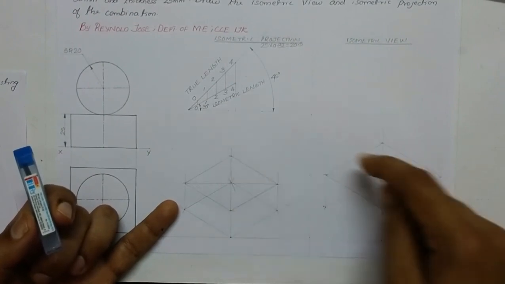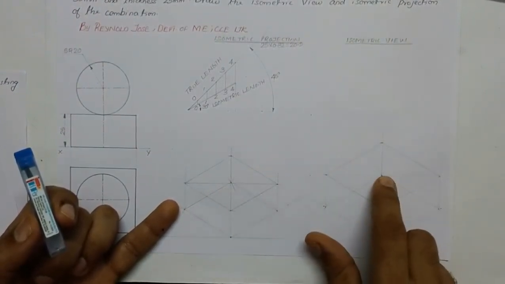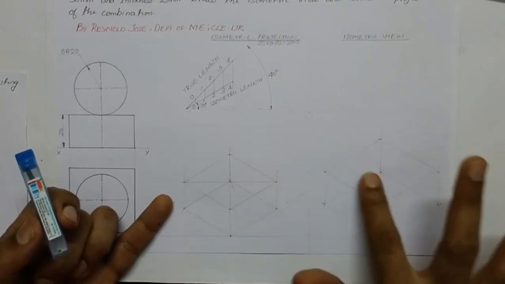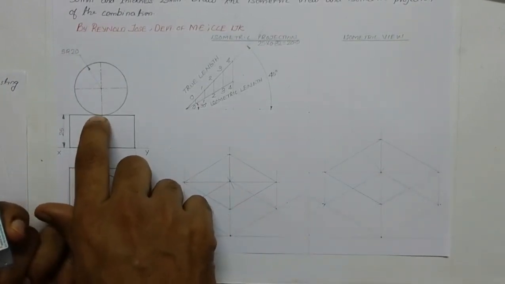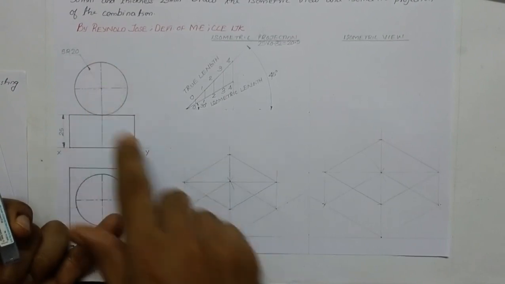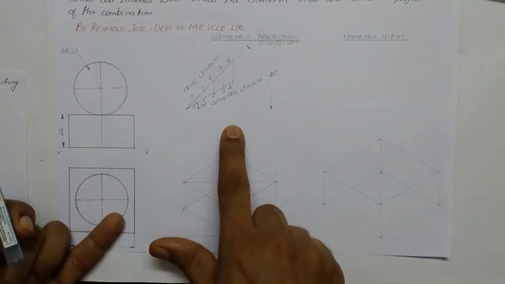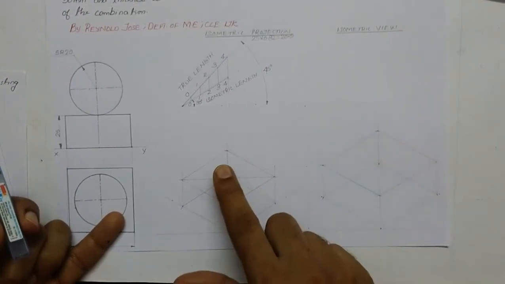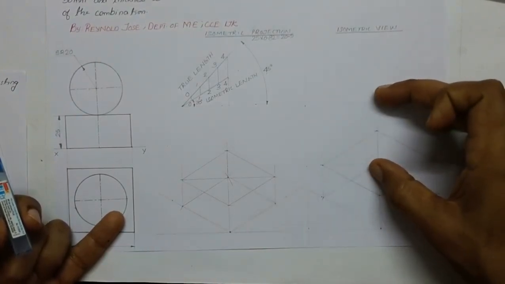Now let us draw the axis alone in both of these diagrams. Here we have the center of this isometric, and here we have the center of the top surface of this isometric. From this center we have the axis. From this center we shall draw the axis vertically upwards at a height of 40 into 0.82. Here we will draw it at a height of 40, because 40 into 0.82 into 1.22 is 40 itself. We shall draw the axis first and mark the center of the axis.